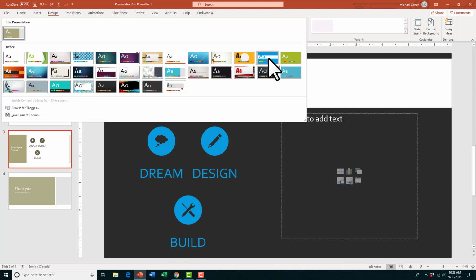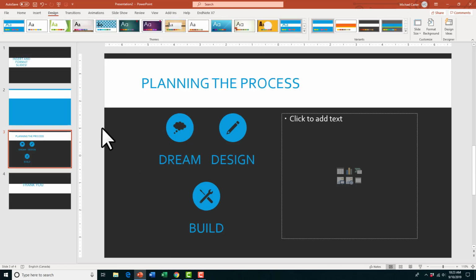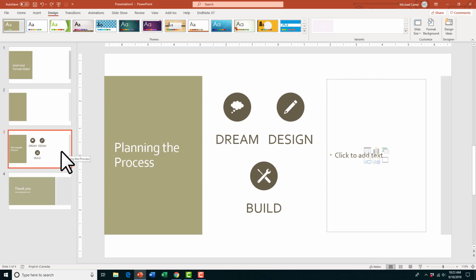It looks really cool. And I want this slide to be a little bit different and stand out from the other ones. So if I pick banded, I might want to change the design of slide 3. But what happens is it changes the design of your whole presentation to match that theme. So I'll undo that, and instead there's a few options that you have if you want to change just the